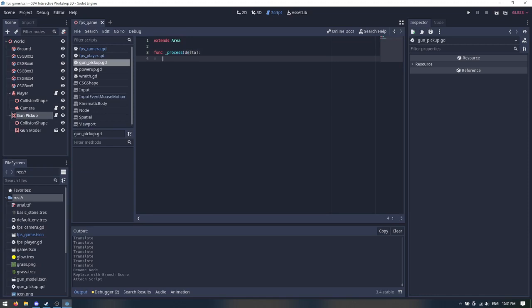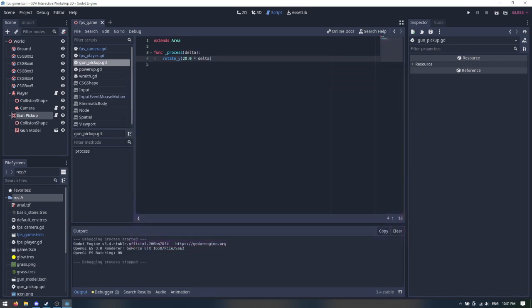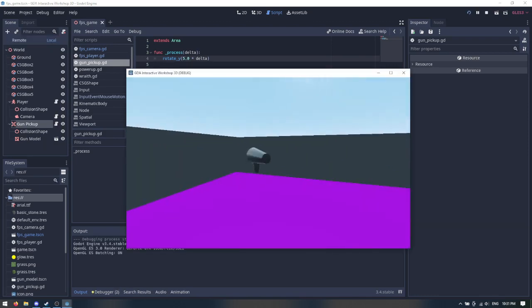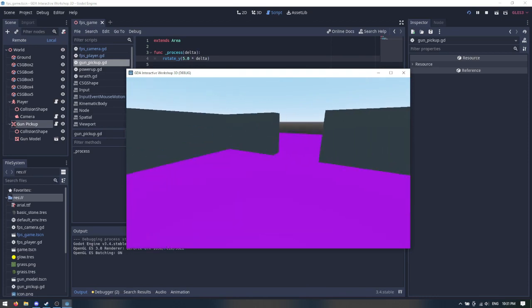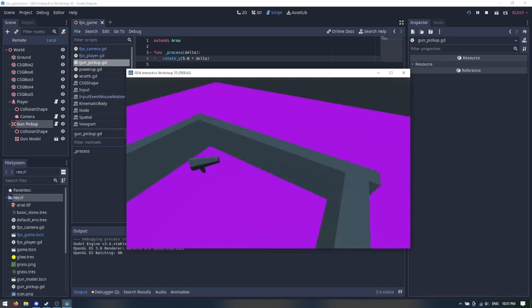we want it to spin around because that makes it stand out, right? So we call rotate Y, some speed times our time passed. We'll call this 20. See how that looks. Oh, that's too fast. Alright, so we've got our gun here. We run into it, nothing happens. We haven't told it to do anything yet, so